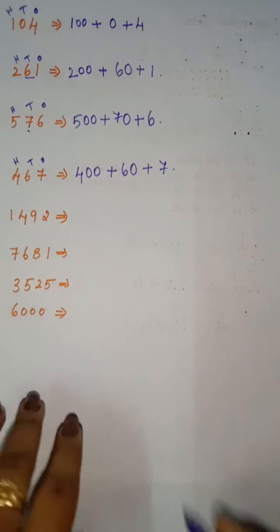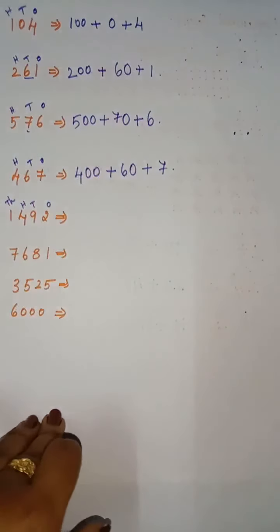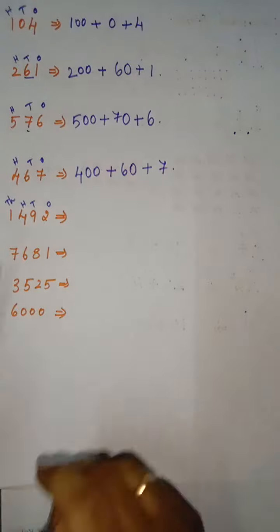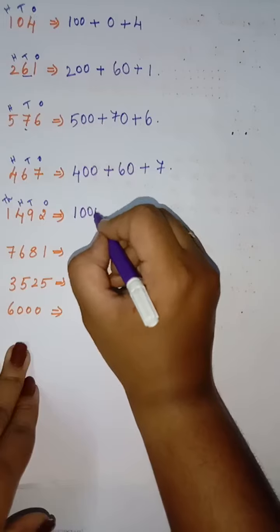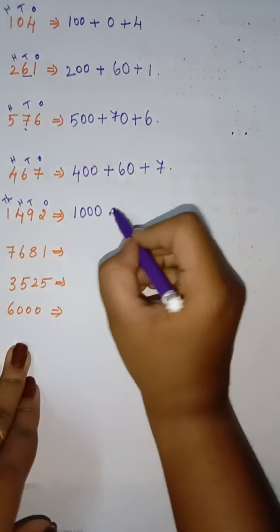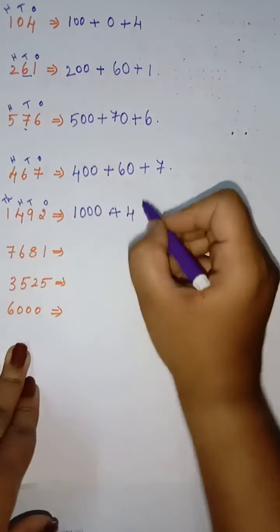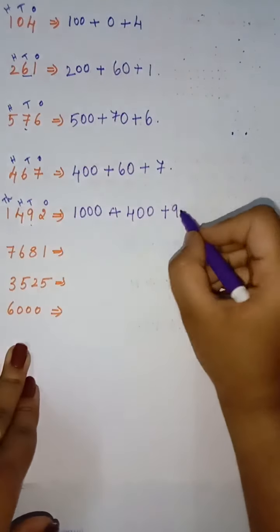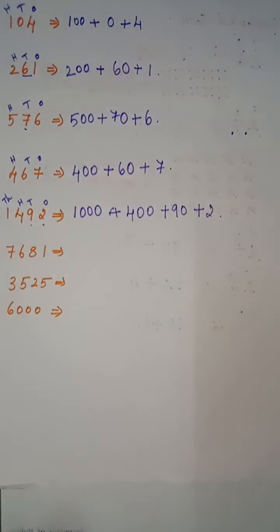Okay, next question. So for next question, first what we are going to do? First we are going to write the place value. So place value means your ones, tens, hundreds, thousand. Okay, so for 1000 how many zeros will be there? 3 zeros. Now the first digit is 1. So for 1000, 1, 2, 3 zeros. That's all. Next the plus symbol. Okay, next it is 4. So that is 100. 100 means 2 0 plus it is 9. For 10 means only 1 0 plus the remaining one is 2. That's all. Clear? Can you understand?